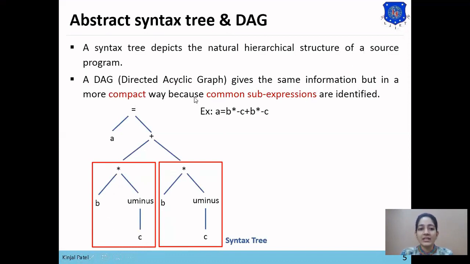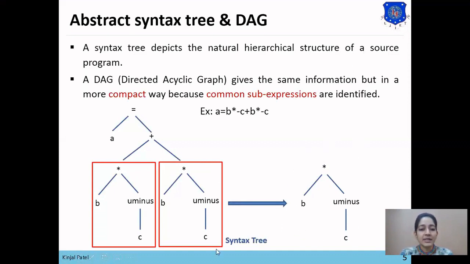So in DAG, these sub-expressions are identified. Once we have generated one sub-expression, it won't be constructed for the redundant expression. Means if we have constructed the syntax tree for the first expression, then we won't construct it again. We'll directly link the next operator with the same sub-expression. Here we'll see how B star unary minus C has been constructed.